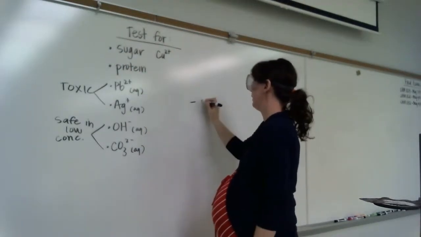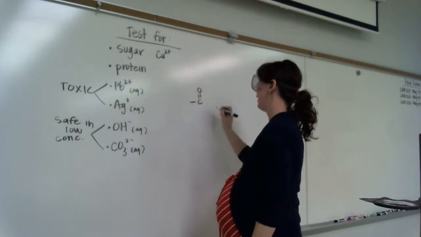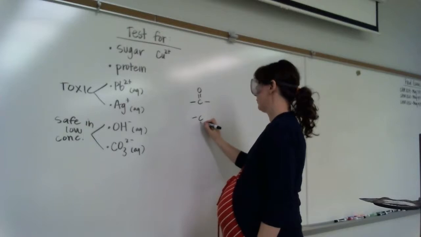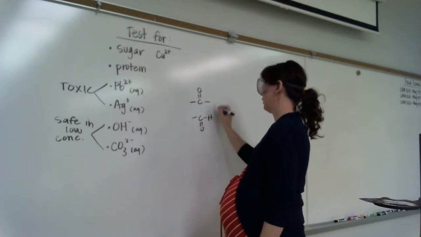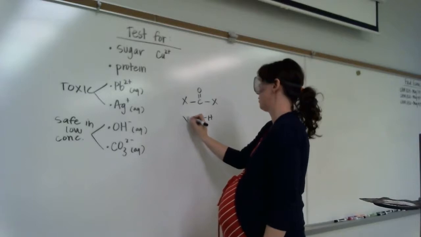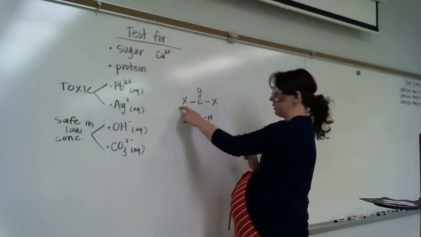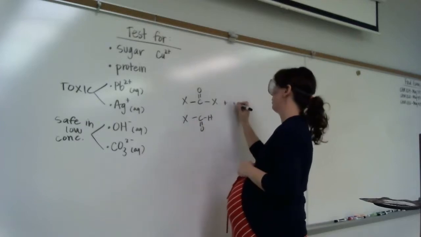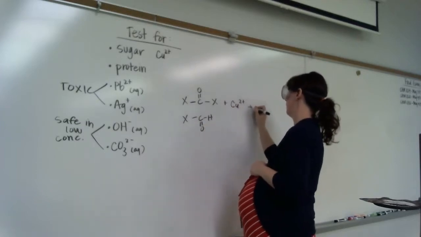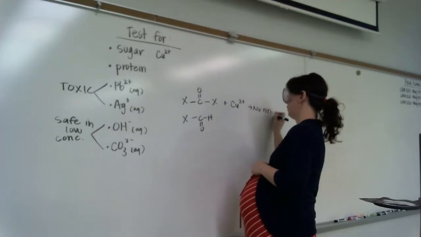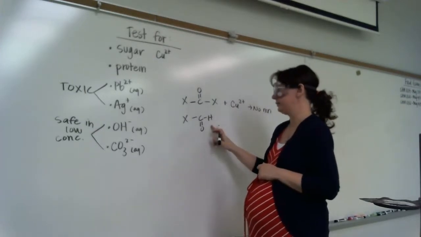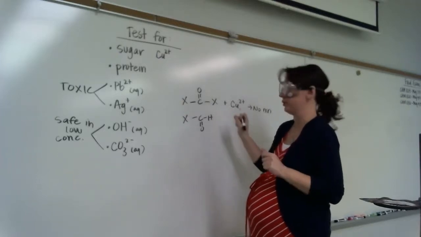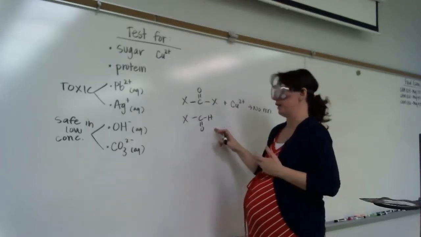they contain ketones and they contain aldehydes. Right, so there's whatever the chain is, there's the rest of the chain. If you've got a ketone, that's what it would look like. If you've got an aldehyde, that's what it would look like. Now a ketone plus Cu2+, that's no reaction, right? But an aldehyde, and some sugars are not reducing sugars, meaning that they don't have a reaction. But the sugars of interest to us,